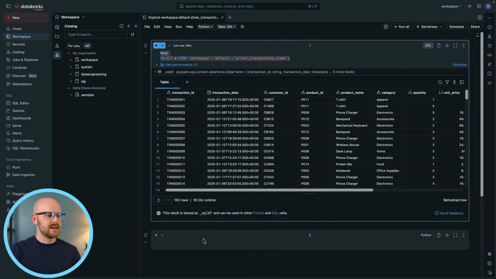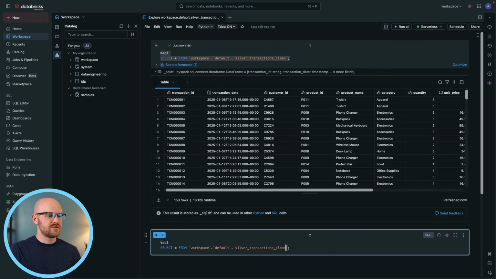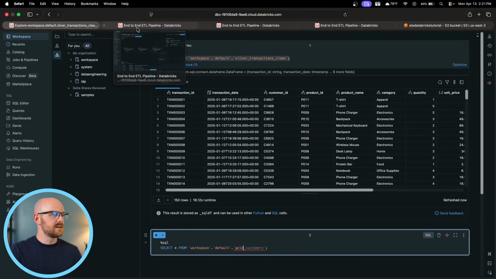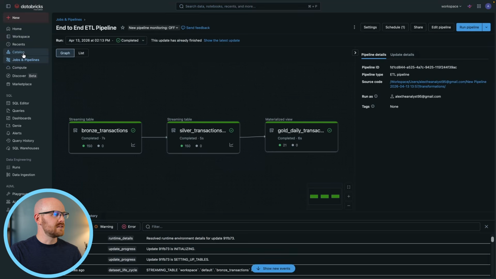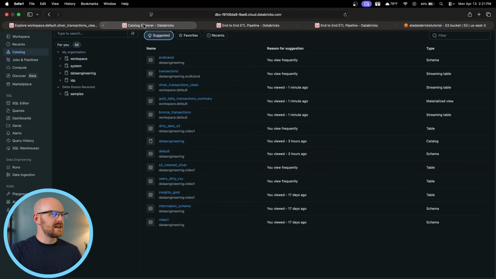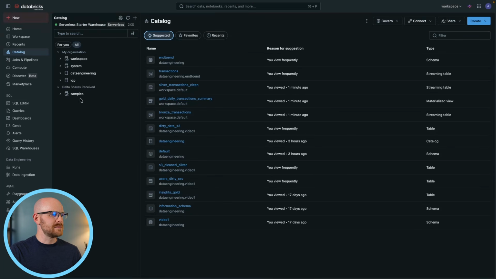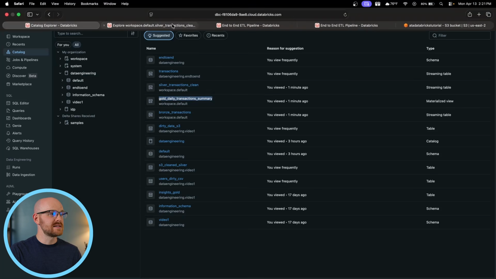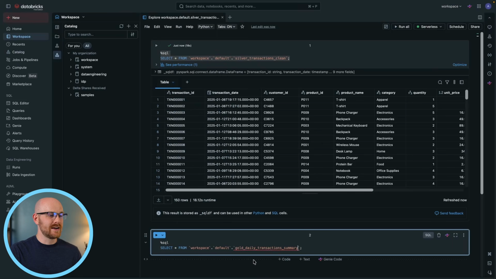And let's copy this. And instead of the transactions clean, let's go see what that table is called. It's not gold customers. I should have kept it up over here. Let's go back to our catalog. See, when I start messing with my systems, I start getting messed up. It's gold daily transaction summary. I could have copied it somewhere else, but I'm going to put it right here so that we can